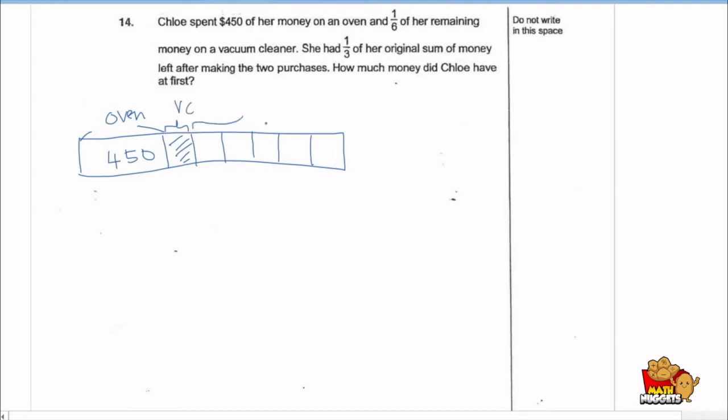Now this is what she had left, and they say that this is actually 1/3 of her original sum of money. So this leftover portion is 1/3,